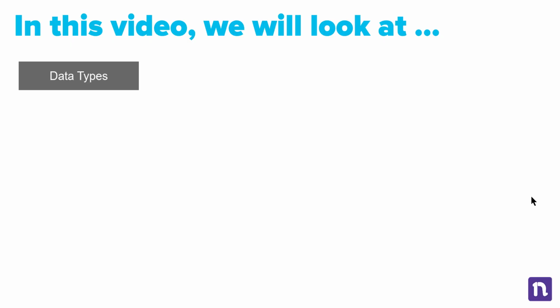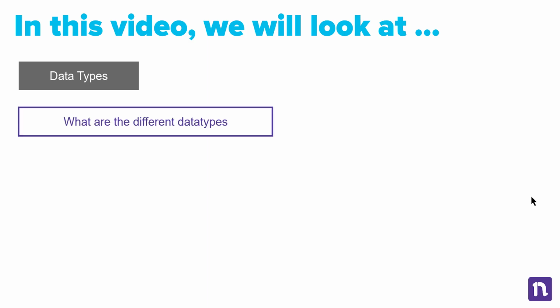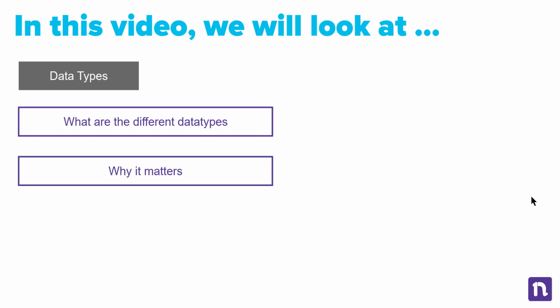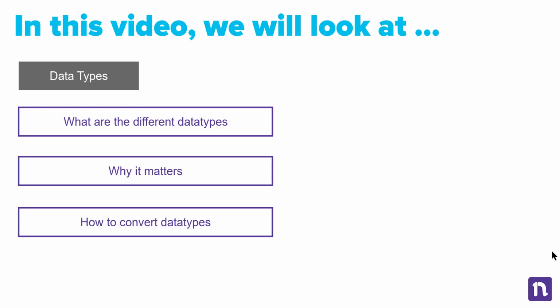Hi, now we have everything installed, both R and RStudio, and you are now familiar with the interface of RStudio software. The very first step in understanding or learning a language, not just R but any language, is to understand what the different data types are that the language provides. So we will first explore the different data types in R and why it matters, and then see how to convert data from one data type to another.